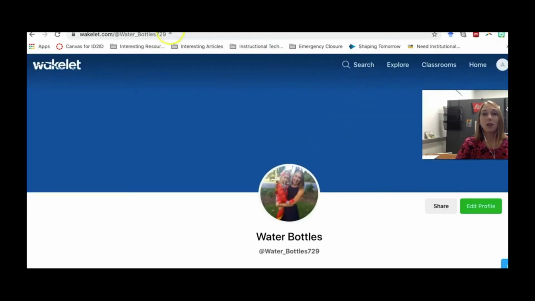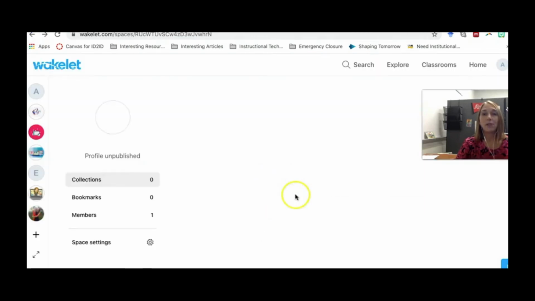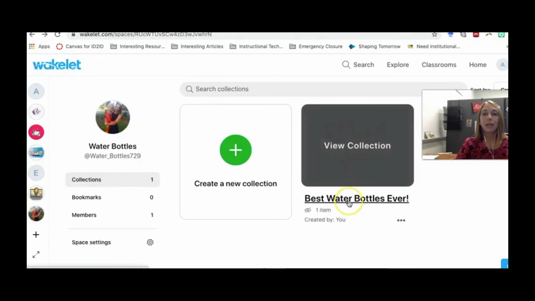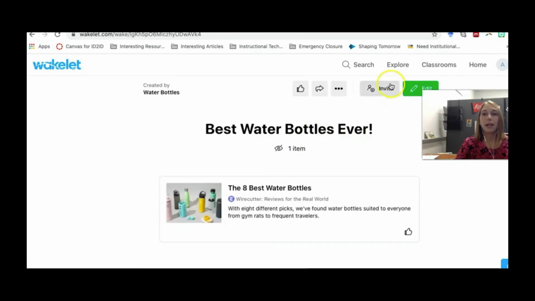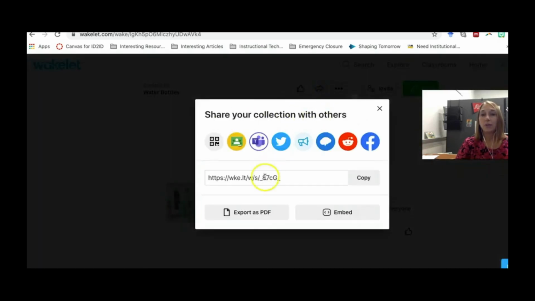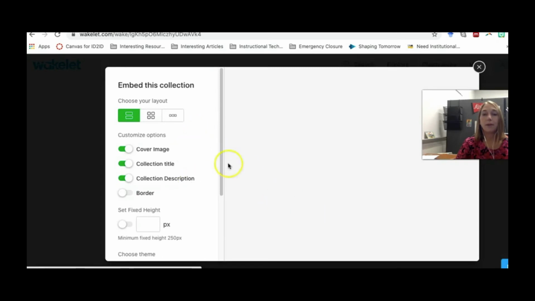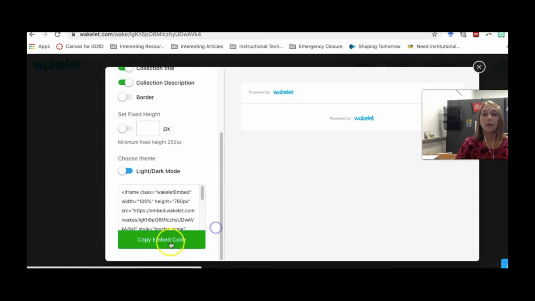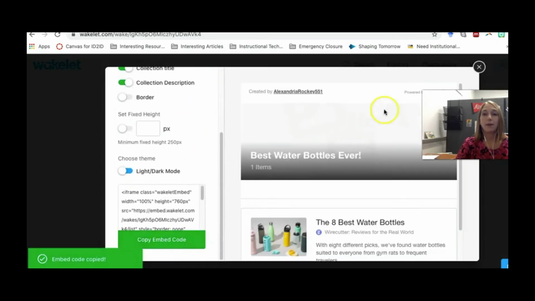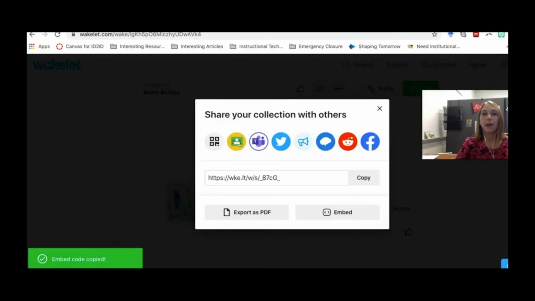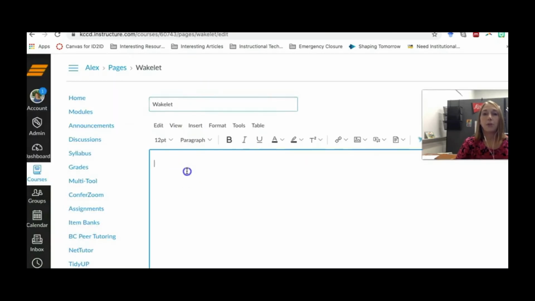If I wanted to share just a specific collection, I can click on best water bottles ever, and I can click share. So if I do this, I can get the embed code, and I can copy the embed code, and then I can go over to